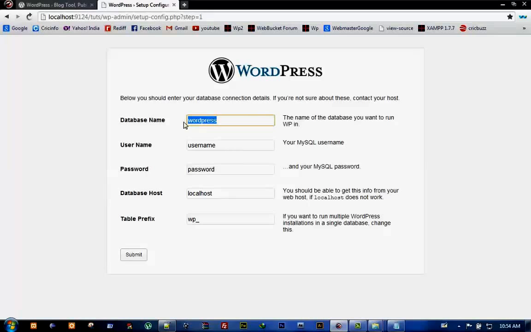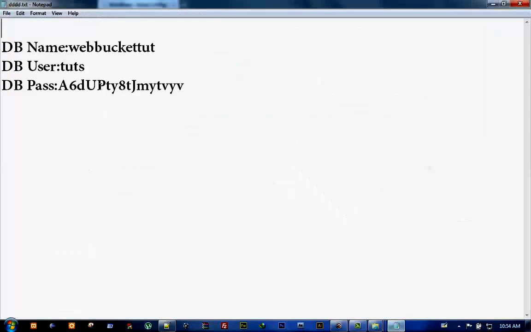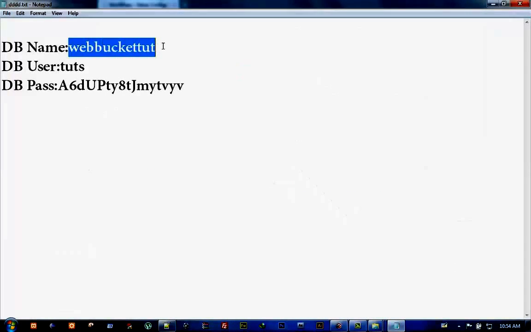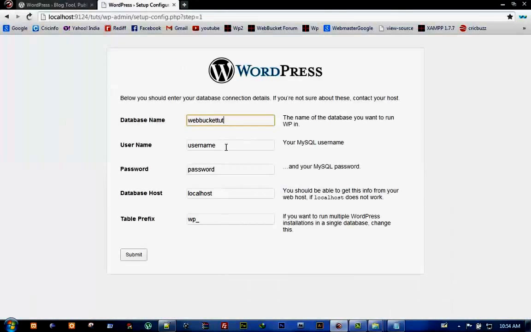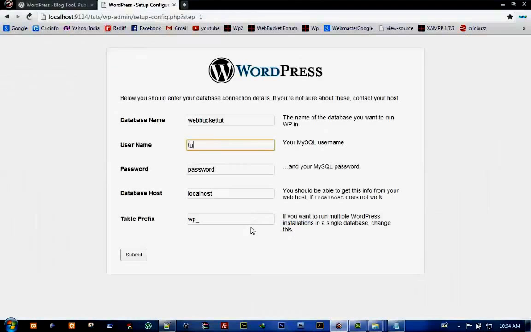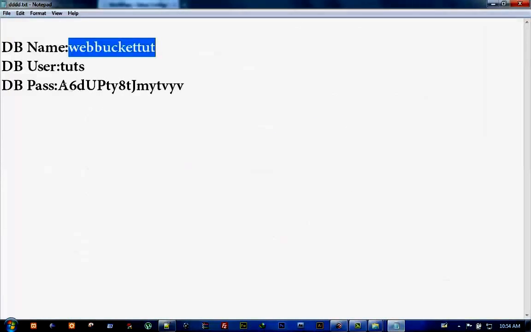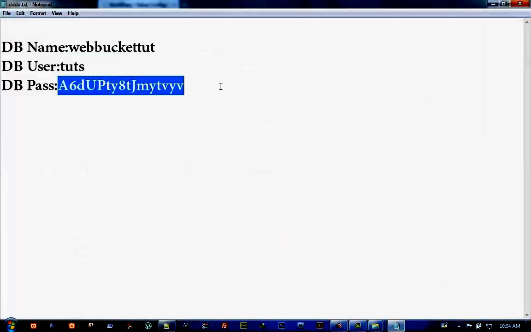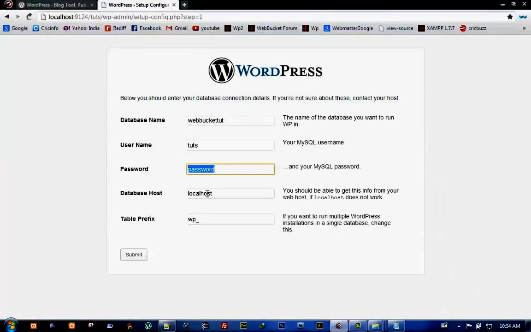Type your database name, which in our case is webbucket dot. So copy and paste. Username, here it is dots. Password, in our case this is the password, so I am copying it and pasting it.